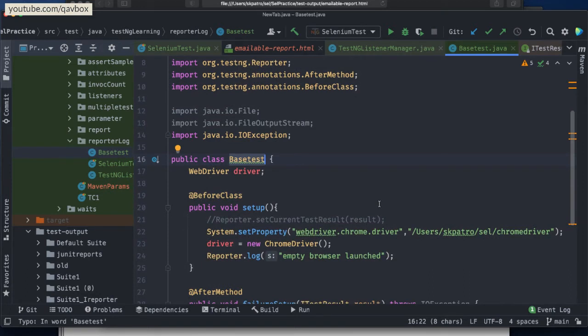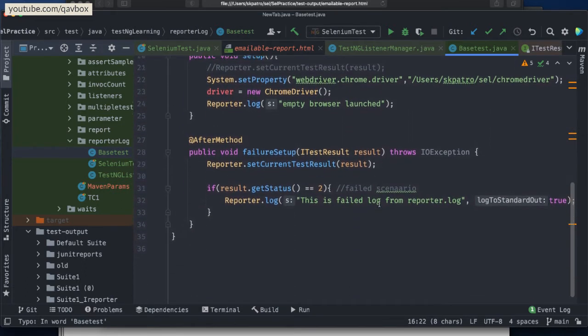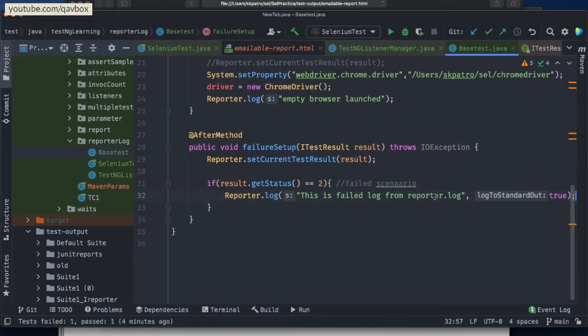And this is your first principle of building a framework, right? Write once and utilize many times. That is what I'm doing here. Now here what I am going to do, I will be writing a logic first to create a screenshot actually. That's the first thing, right? Because when your test case is failing, I want to take a screenshot and then attach it to the HTML report. That is what I'm going to do by using reporter.